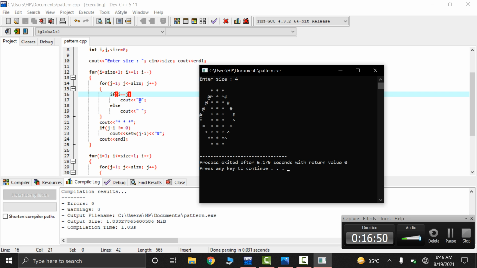Now this line basically prints this. The spaces are basically these, as I told you, according to the decrementing part. It started from 4 plus 1, 5, so 5 4 3, like 1 2 3 4, on the fifth it makes the pattern, then again decremented, the size is 4. Now the outer loop size is 4, so 1 2 3 spaces, and on the 4 print the at the rate. So this is basically how I did it.